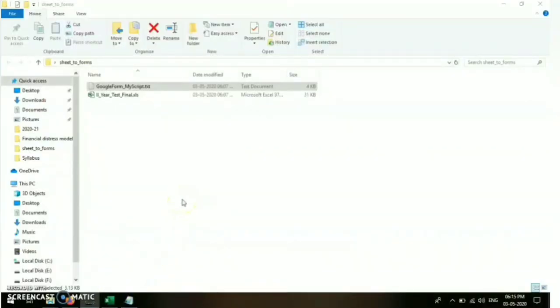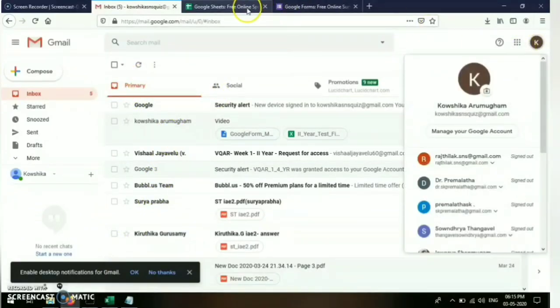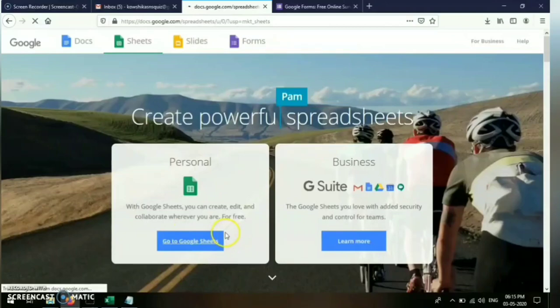Okay, let us see how to create Google Forms from these spreadsheets. So I have an Excel sheet which contains some questions in this second year test final. I'm just opening my Gmail account. This is my Gmail account. Now open a spreadsheet. I'm just opening a new spreadsheet.